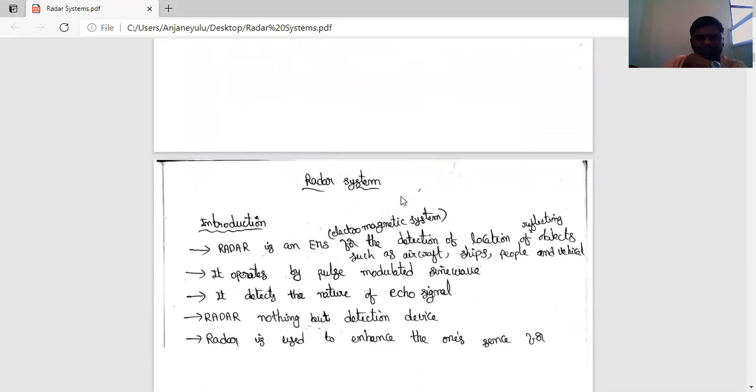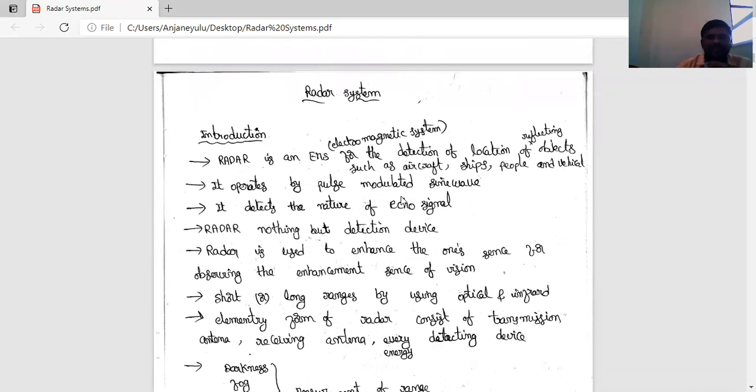So already we discussed the radar system introduction. Radar mainly uses electromagnetic waves to transmit the signals from the transmitter section to